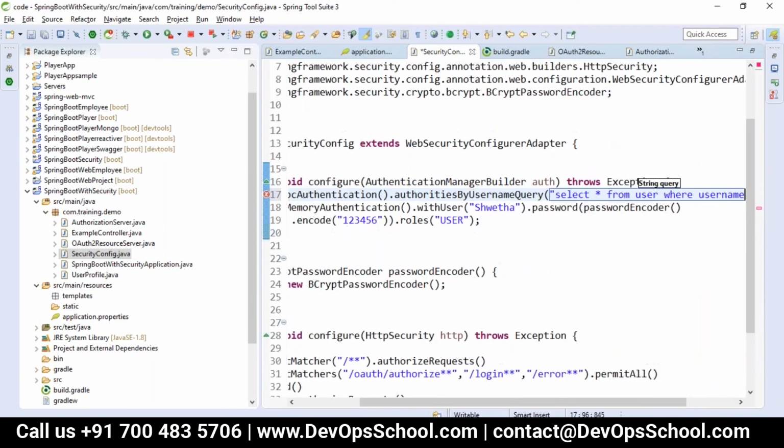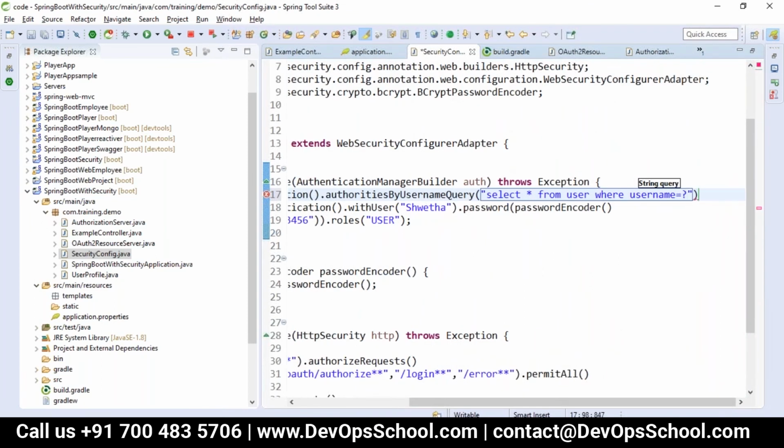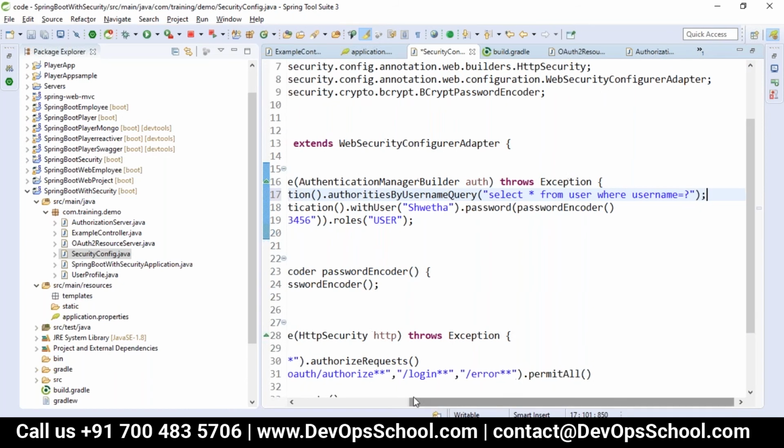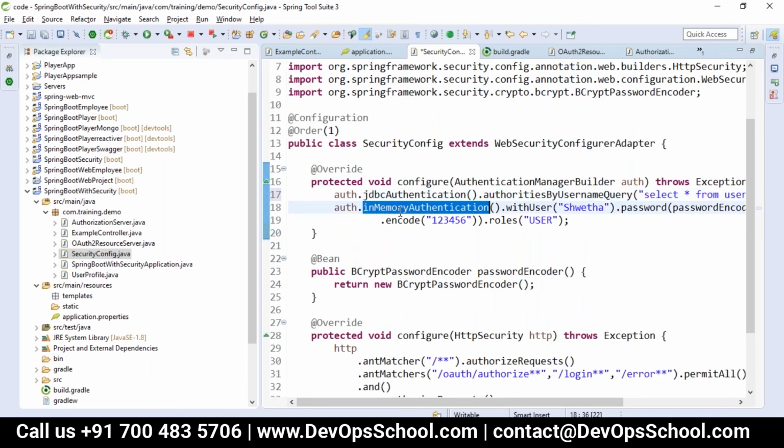It will check for your username and password. So this code you have to write: instead of the in-memory authentication, you go with the JDBC authentication, and here you write a query to get it. It will access the users, usernames and passwords that are there in your database in production usage.